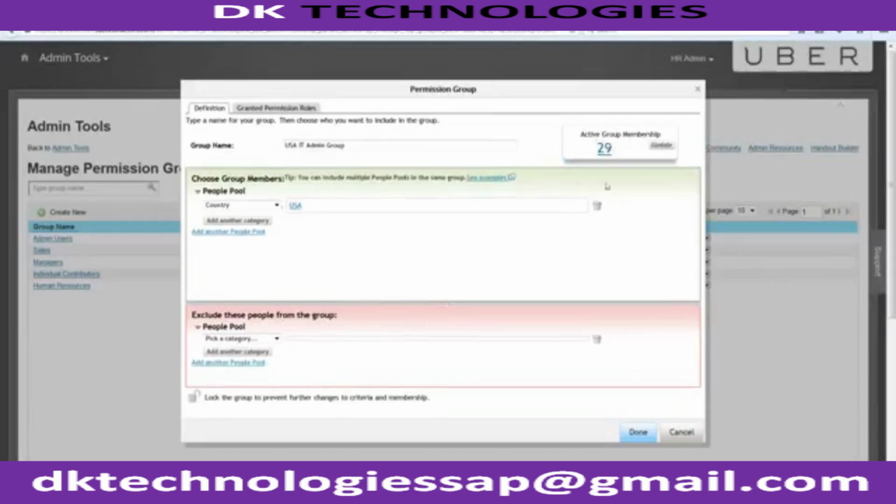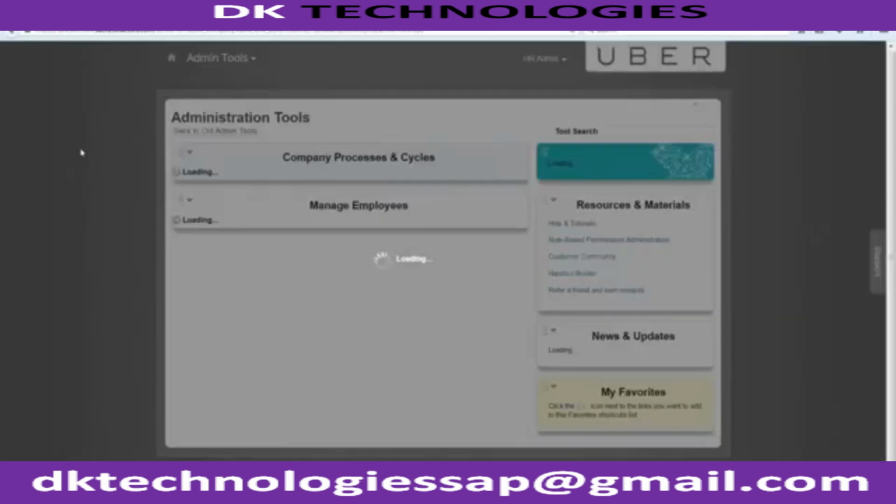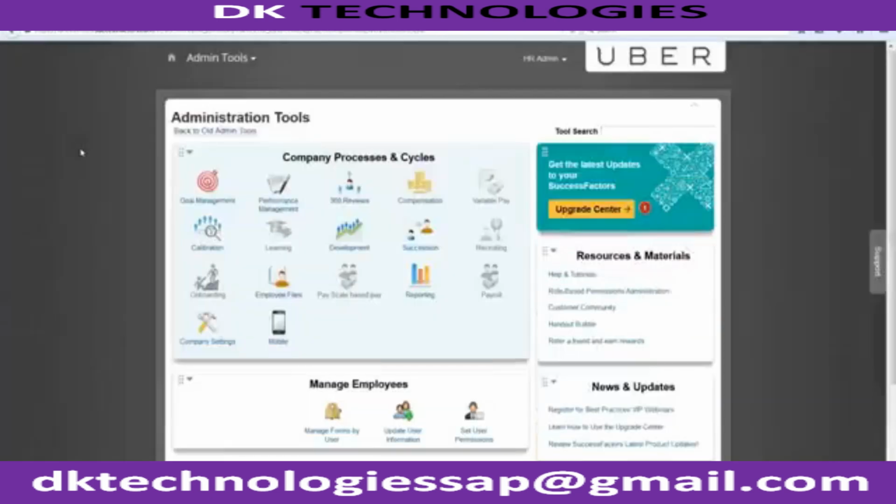Then you will be able to find there are 29 employees who fall under this criteria, guys, and click on done, guys. That's it. That is how you are going to create your own custom permission group, guys. And how you are going to relate the permission role and the permission group. As of now, we have seen that both are two independent entities, but in order to give access to users,